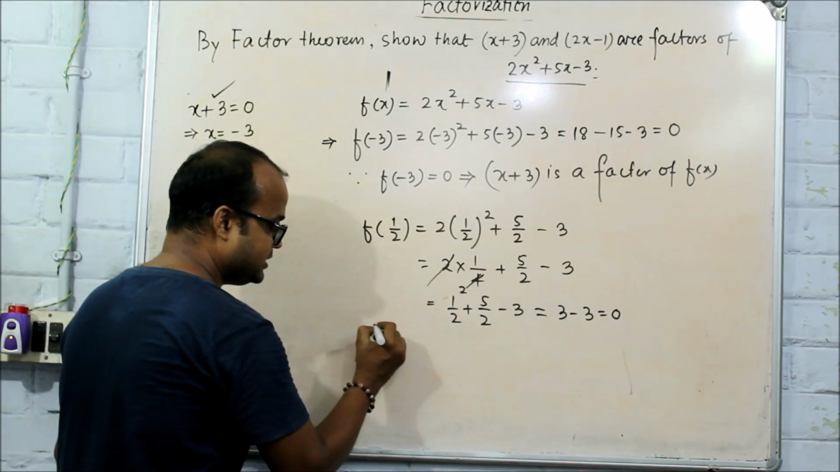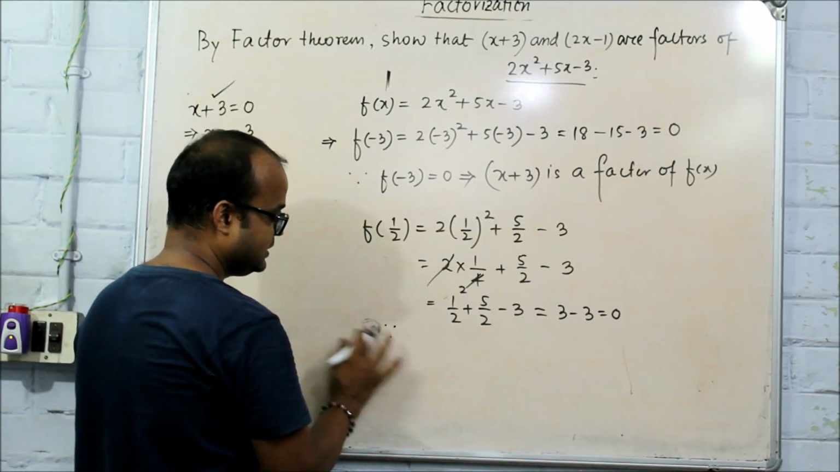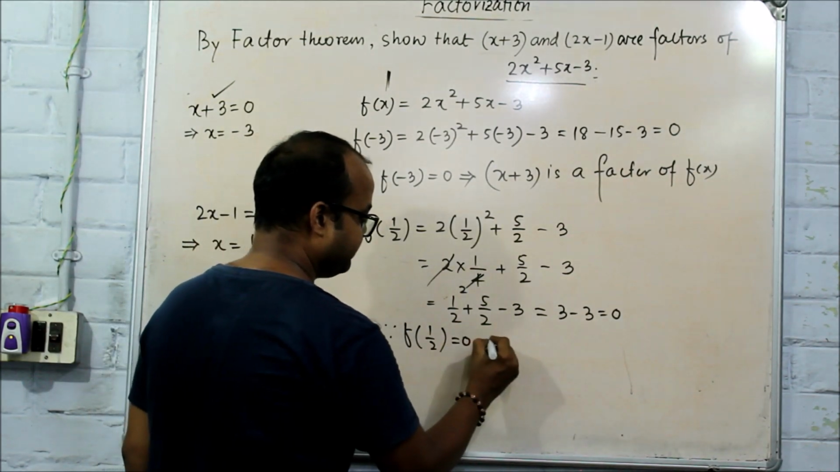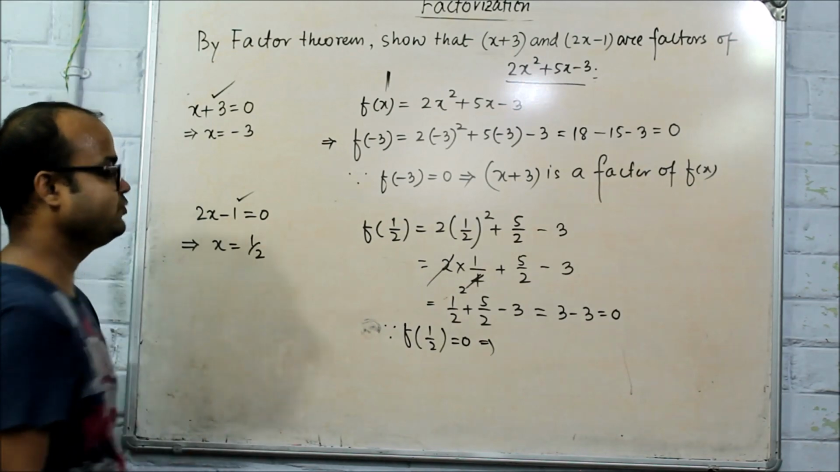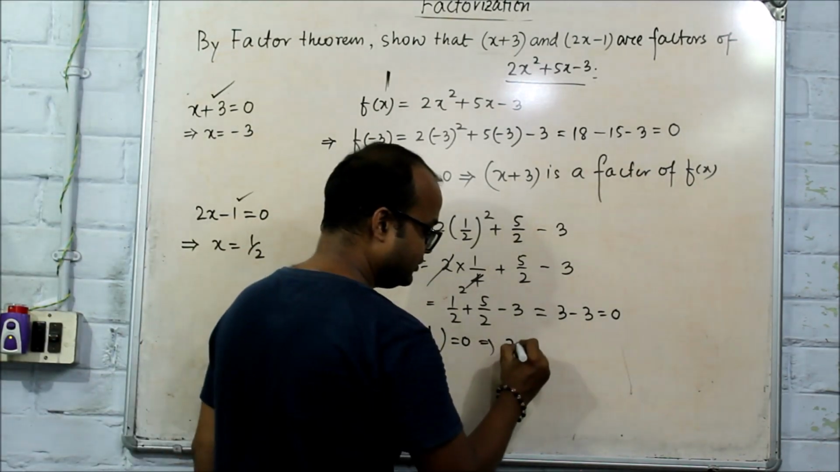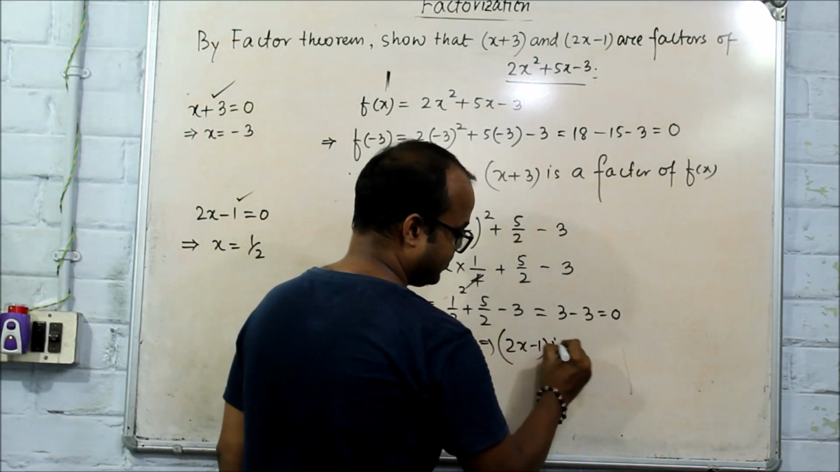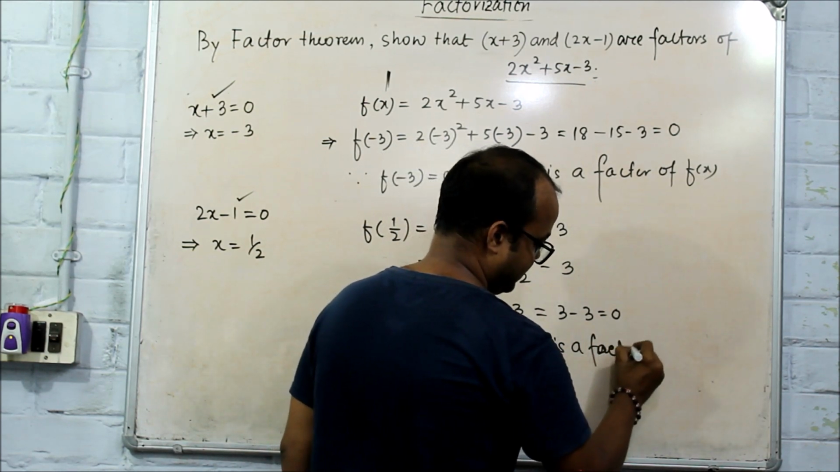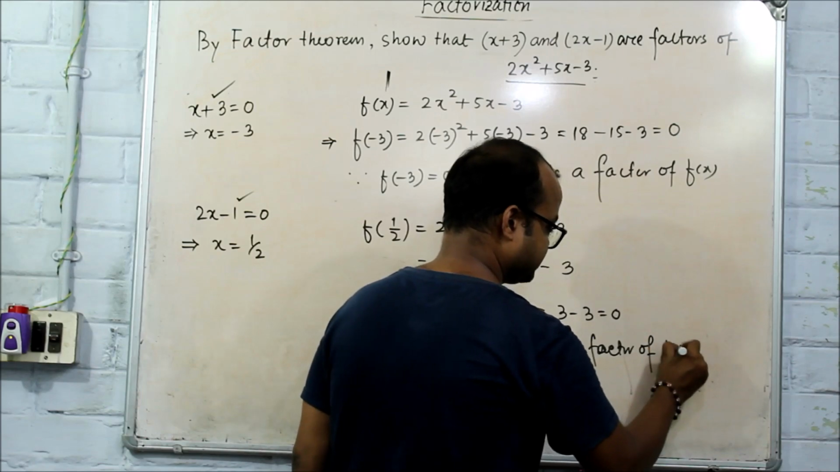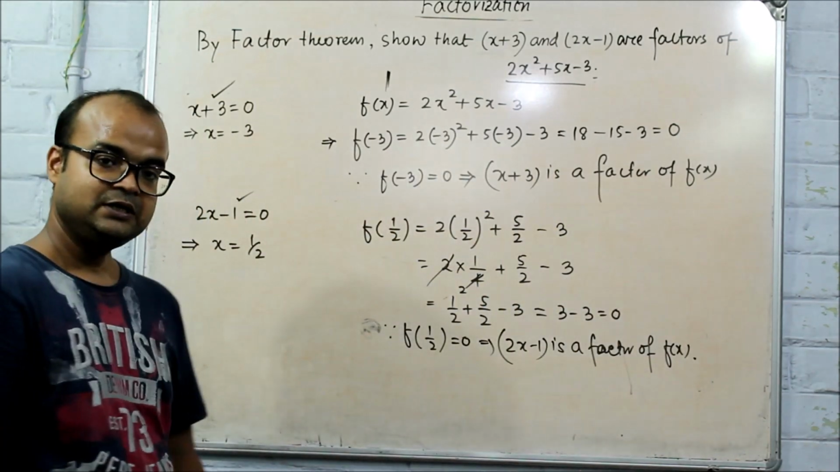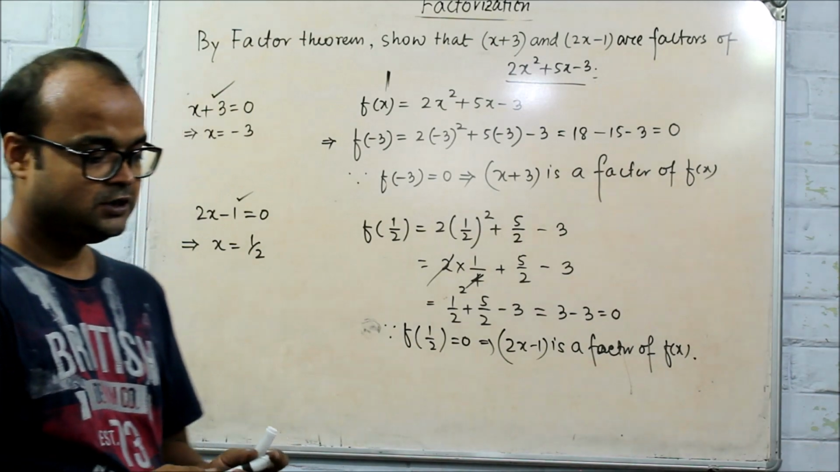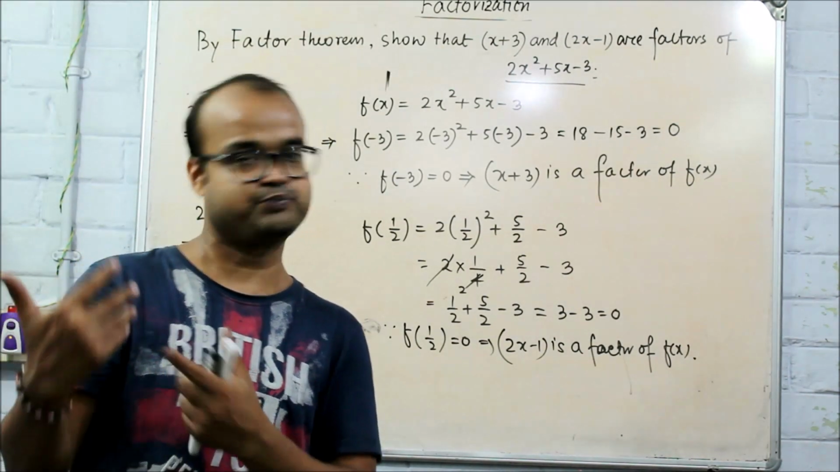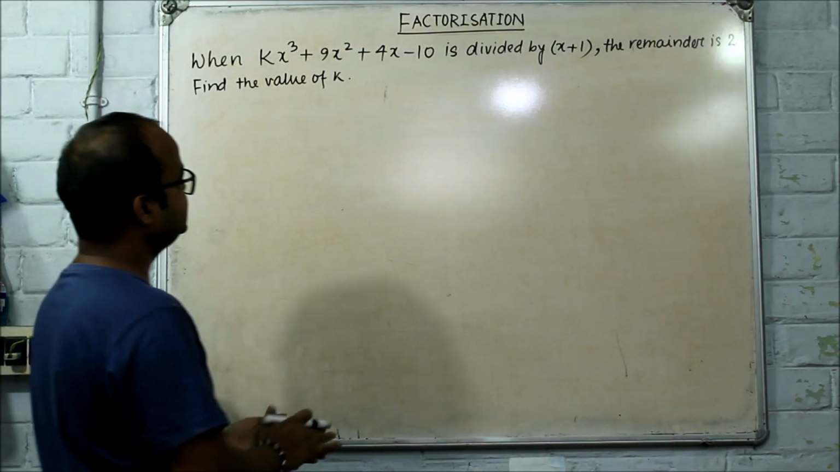So we write, since f(1 by 2) is equal to 0, it implies 2x minus 1 is a factor of f(x). Clear? Now we'll take some more examples to explain this entire chapter. We'll take different kinds of problems. Moving into the next problem,